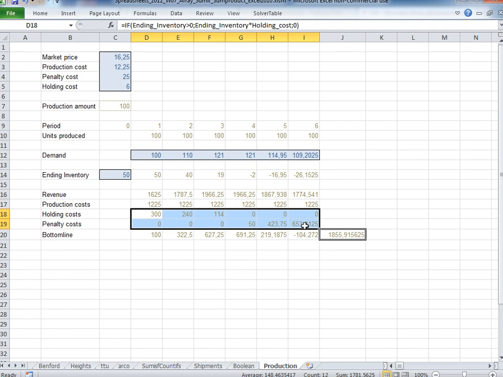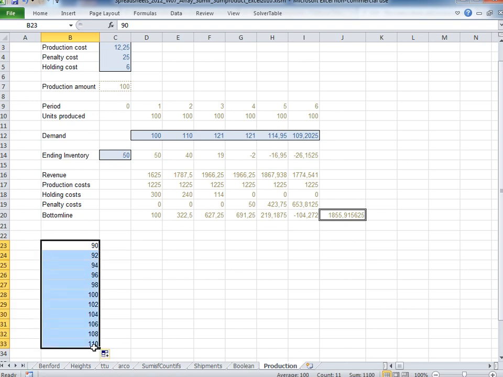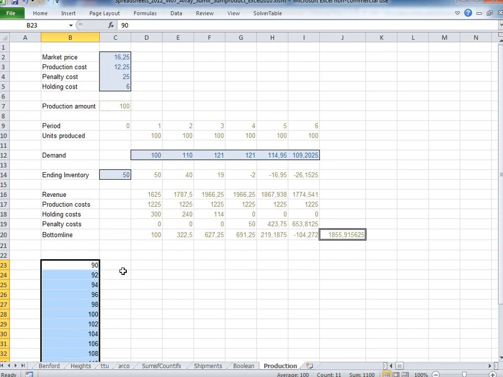Namely, let's play around a little with the production amount. Let's say that it's 90, then 92, and let's copy these numbers until we will have something like 110. And now let's do a data table, which was to write in here equals this J20, which is the final bottom line. But the thing is that